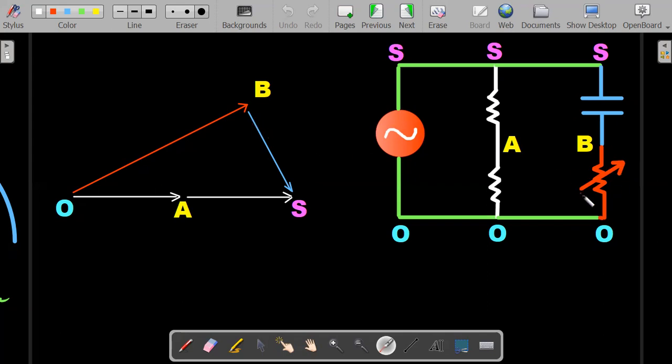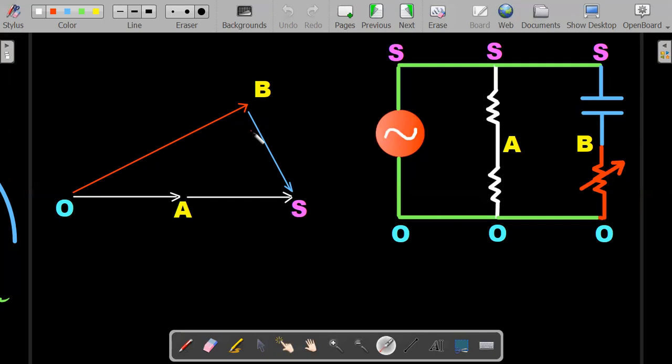Now imagine I'm varying this resistance value. You should realize that the net sum of these voltages should be the same because the source voltage is not being varied. So the individual values of these two will vary. That means if I were to change the red colored resistor value, I can change this OB phasor, but the next phasor should be adjusted in such a way that the sum of these two phasors should always be this OS. So think, if I vary this resistor, this B point will change itself in this space, but it should sum up to the OS one.